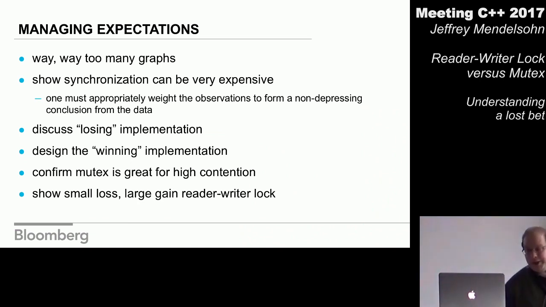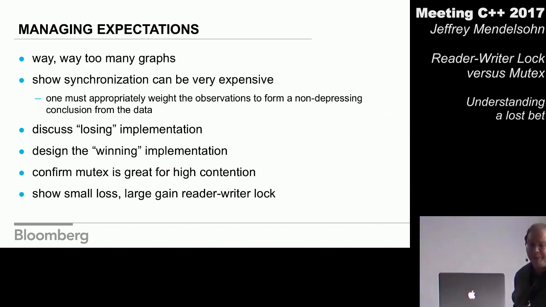And I'm going to be showing that synchronization is very expensive. Anytime you do even one atomic write operation, you've taken a big hit to what you could potentially be doing on your machine. However, I'm looking at one sort of dark corner where you have, let's say, 16 threads continuously hitting a lock all the time. Hopefully that's not your system. Hopefully 1 or 2 threads at the most are going to that lock at the same time. So this is sort of a dark corner, a bad case. So don't become overly depressed from what I'm showing you. I'm hoping this isn't your usage pattern.